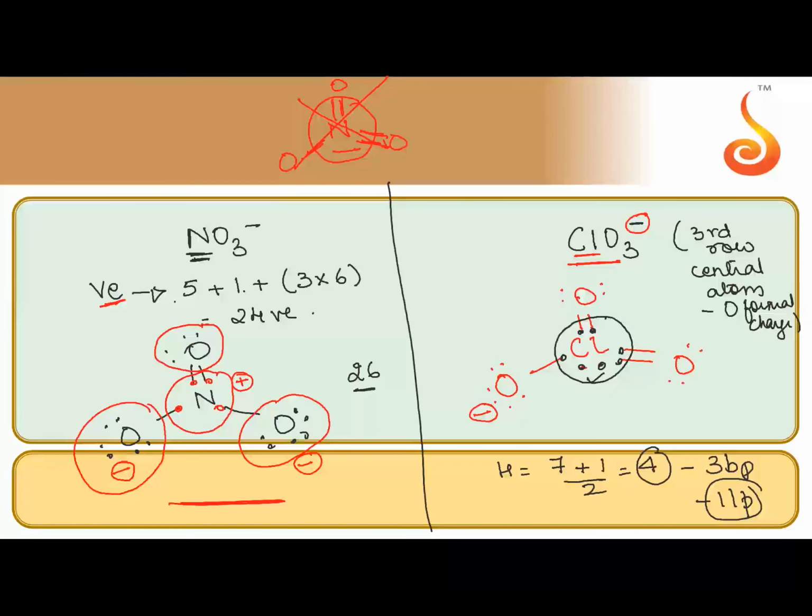Let's apply the same formula here also and check whether there is any lone pair on nitrogen. 5 plus 1 by 2 is 6 by 2, that is 3. And there are 3 bond pairs, meaning there is 0 lone pair. So on nitrogen, there is no lone pair. Here on chlorine, there is a lone pair. Are you understanding, children, the difference between these two structures and how we approach it? Or is there any confusion?